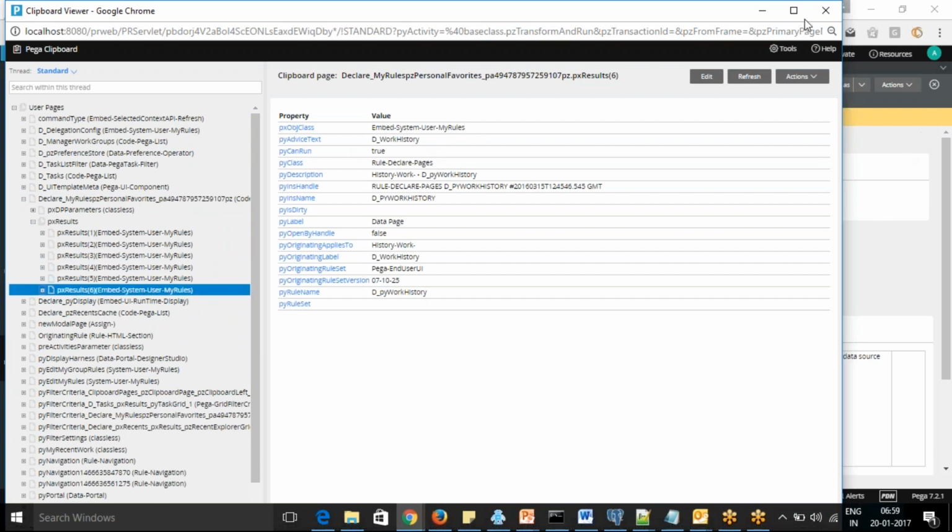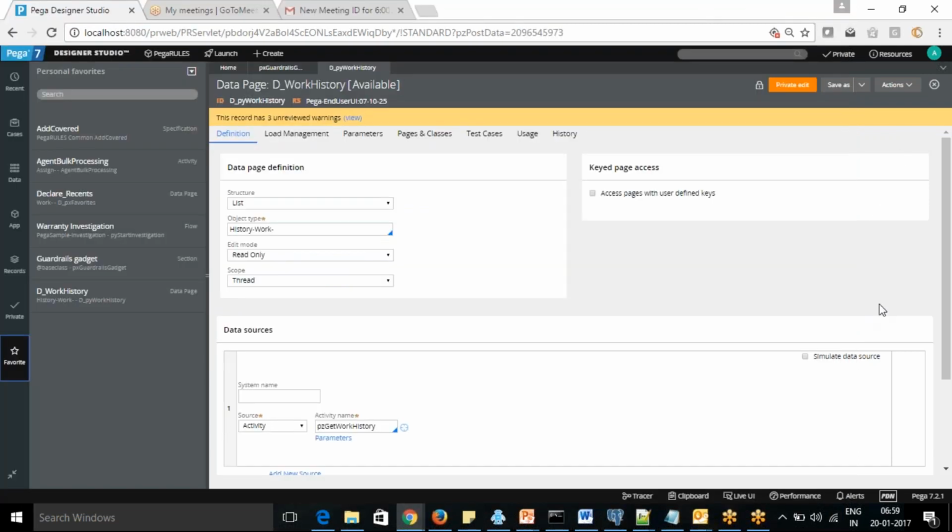Whatever you see here is in the cache. So Pega works in this way: it first extracts the values from the database, puts them into the cache, and from the cache it displays them to you.